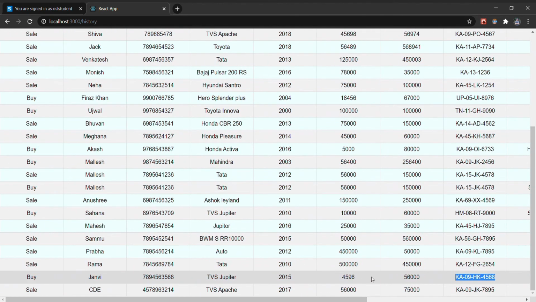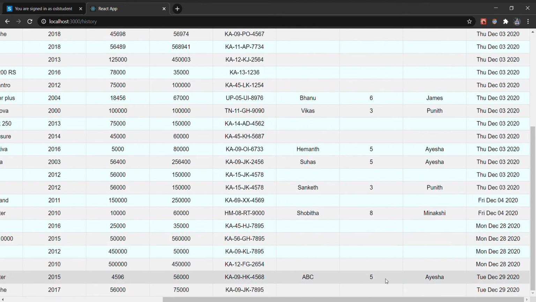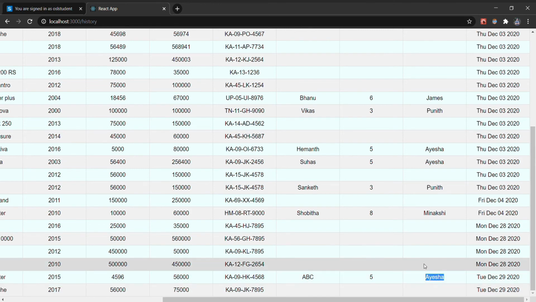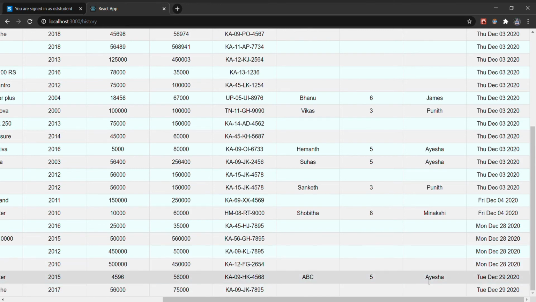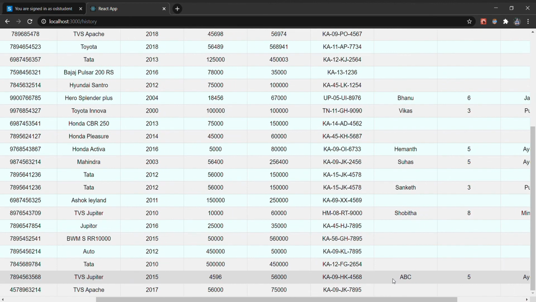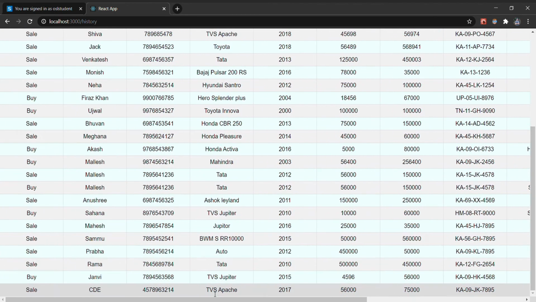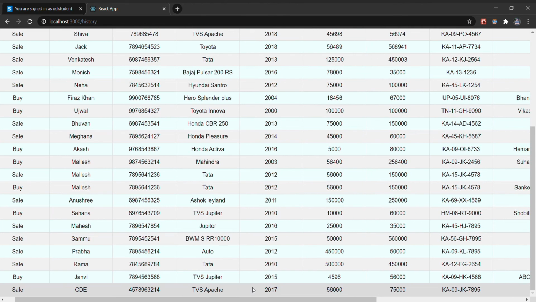Vehicle number is the primary key in the current vehicles table, so the other information in this row is updated. Also, 5 is the employee ID, which is the primary key in the employee details table. Using that primary key, both the employee name and the date is updated. All these information are together joined in the history table. Also, the vehicle named TVS Apache was also sold, and even this is updated in the history table similarly.